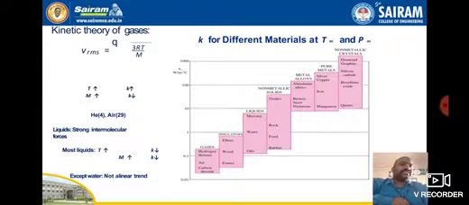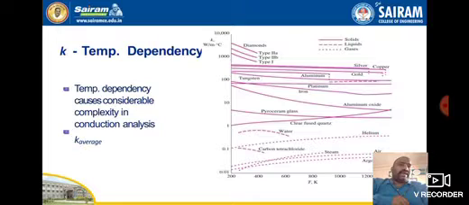So diamond has the highest thermal conductivity of the materials. This is how different thermal conductivity values we can see in the chart. Again, you can see this thermal conductivity depends upon the temperature. As temperature varies, the thermal conductivity also varies. It is a function of temperature also. So this is the thermal conductivity for different materials: solids, liquids and gases.